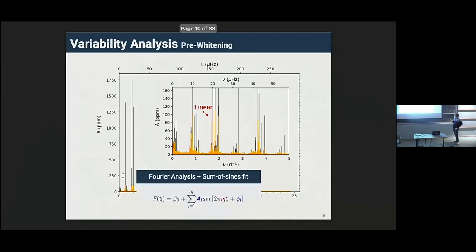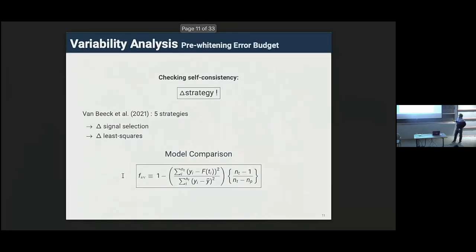What I wanted to show you here is that next to frequencies, we of course also have these amplitudes and phases in our model, which in the linear asteroseismic approach we do not utilize at all. And in the nonlinear asteroseismic approach, we should utilize. So in order to be self-consistent, you have to check,